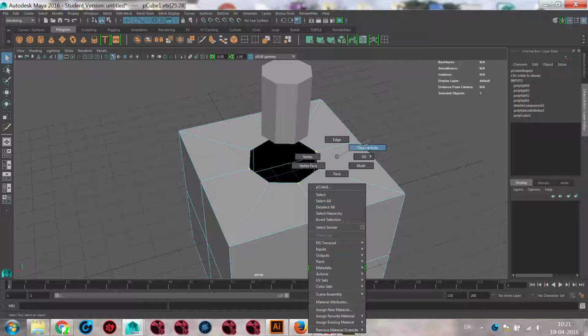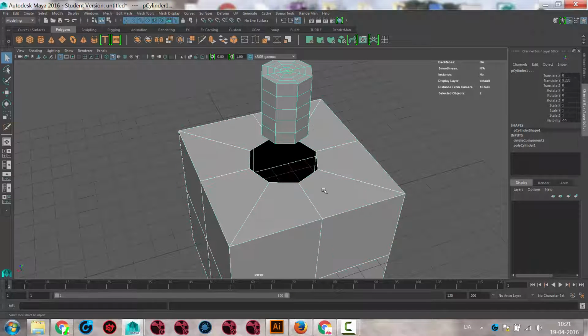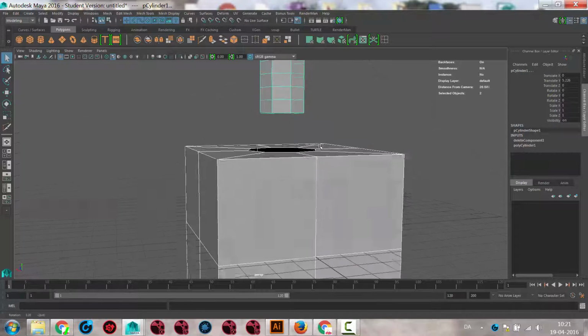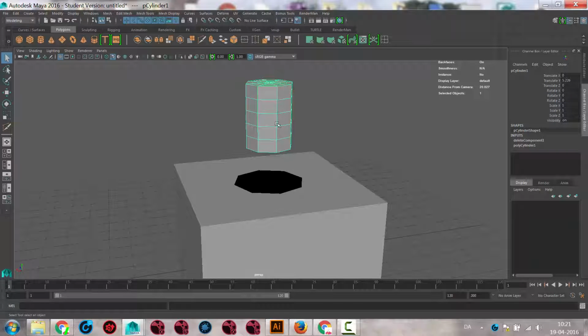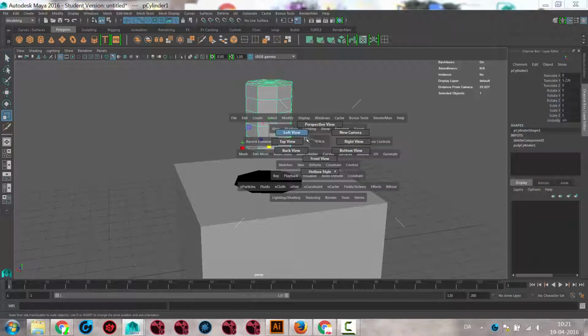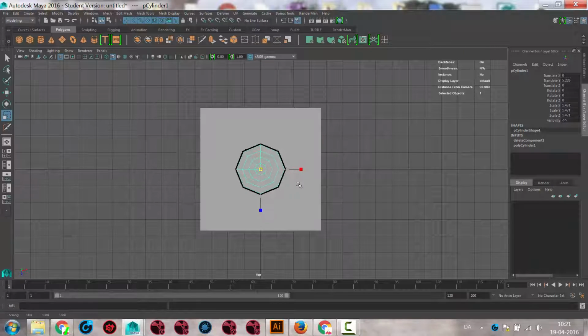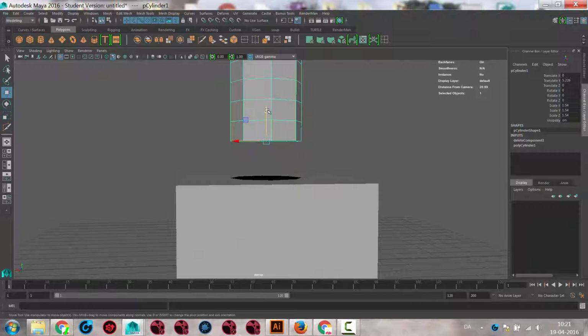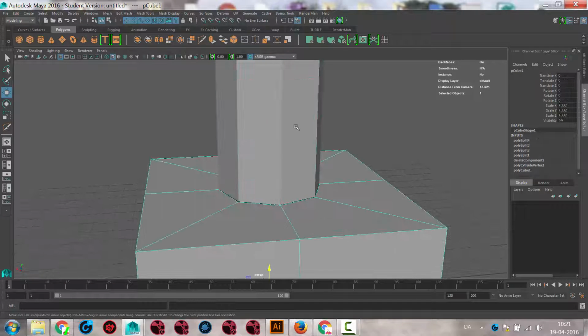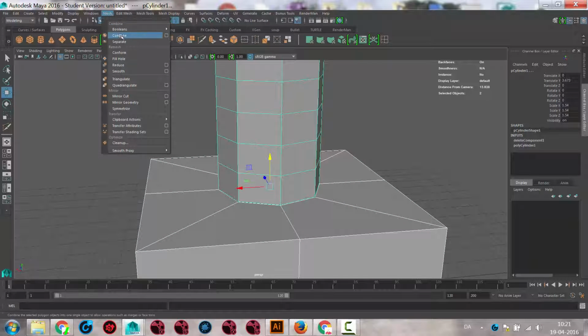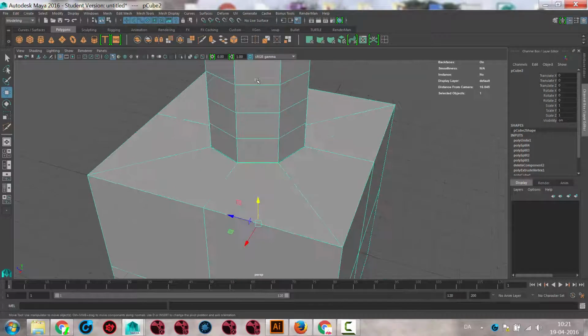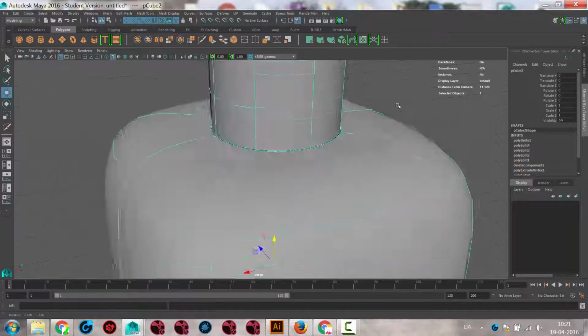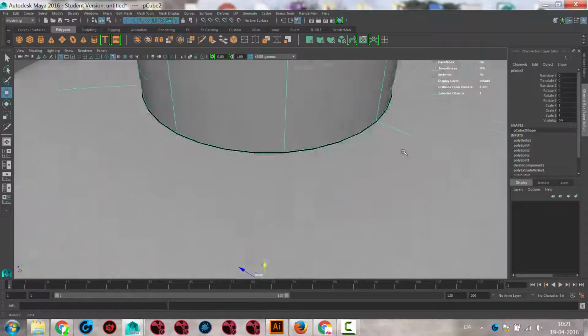Okay, so let's just make these two models become one. Maybe I should just match this up a little better first. So maybe go to top view and then just see it's almost there, and then move it down until, see, then it's nearly there. It's very close. So I grab these two, and then I go to mesh and I go combine, and they become one mesh. But they're still two separate shells. You can see that there's a